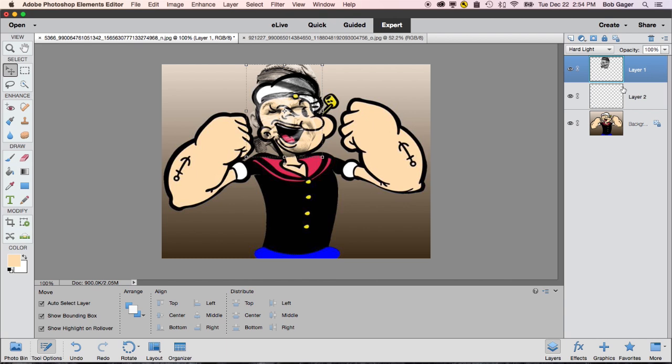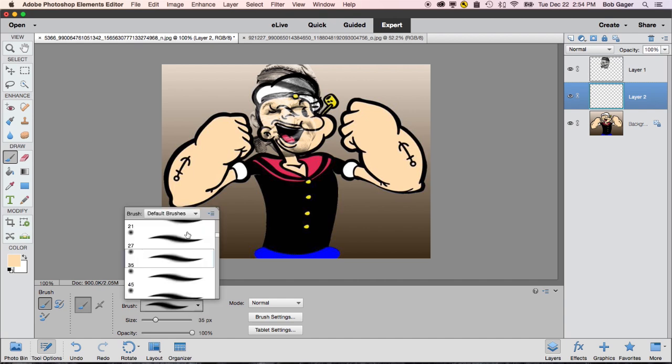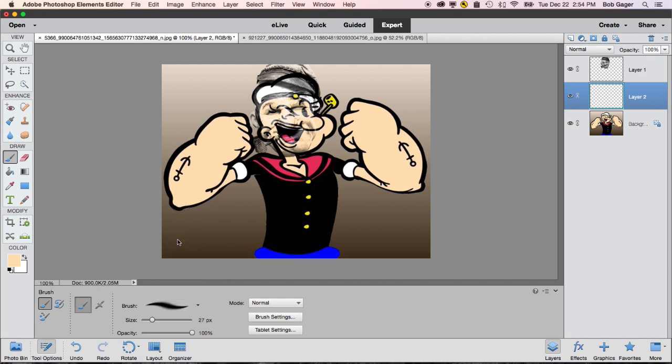We're going to fix that in just a second by coming down to the layer right underneath it, layer 2, which currently is completely blank. Over on the left, we're going to get our draw section and our paintbrush in the draw section. Pick a nice kind of softish edged brush. There's a bunch in the list, just maybe pick one of these. There's a size slider to control how big or small it is, and make sure the opacity is set to 100%. And now what you can do is with layer 2 selected, so you're actually just painting on layer 2,